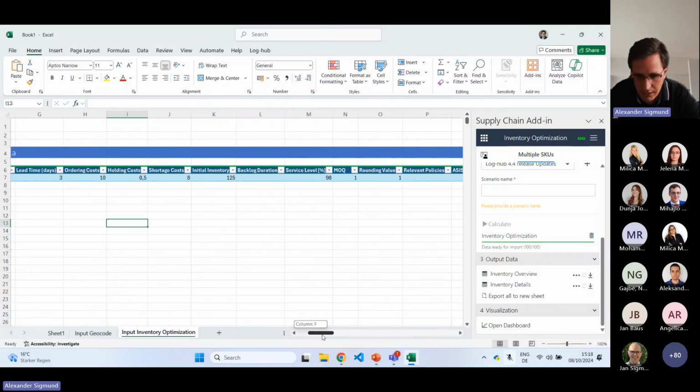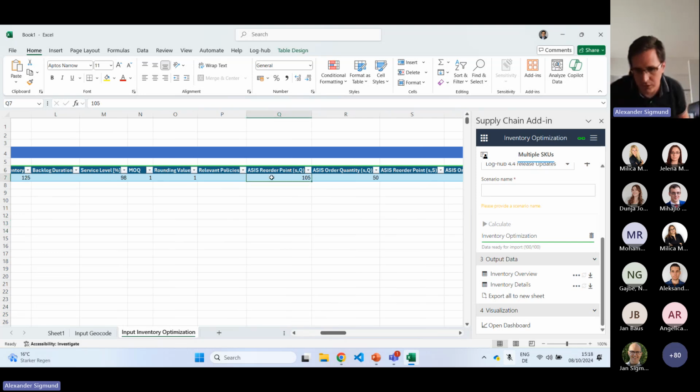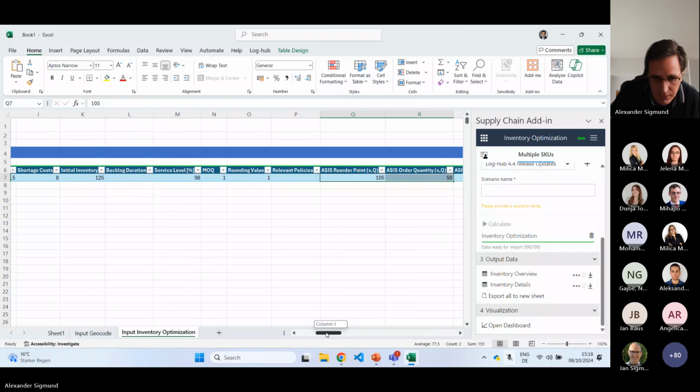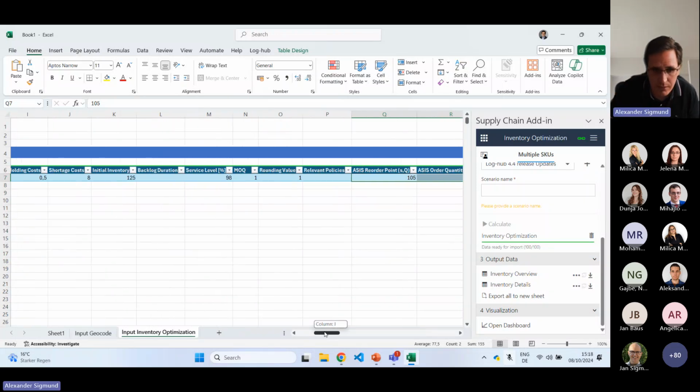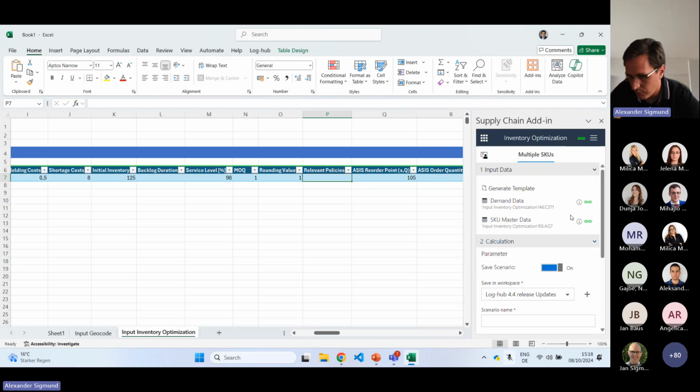I just want to highlight the most important point, which I mentioned already: the SQ policy that you are actually using, which you can define here. And sometimes it is also relevant that you can only use a certain policy. In this field, relevant policy, when nothing is filled,